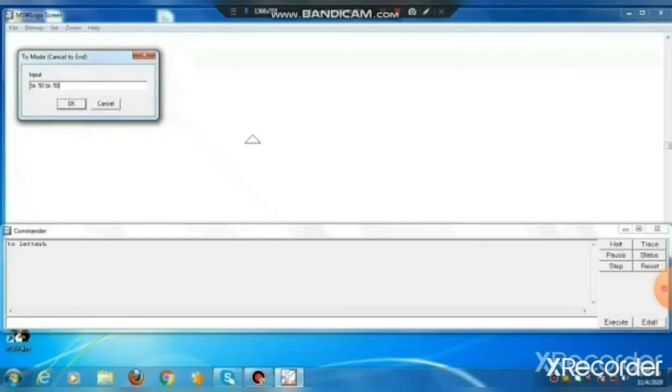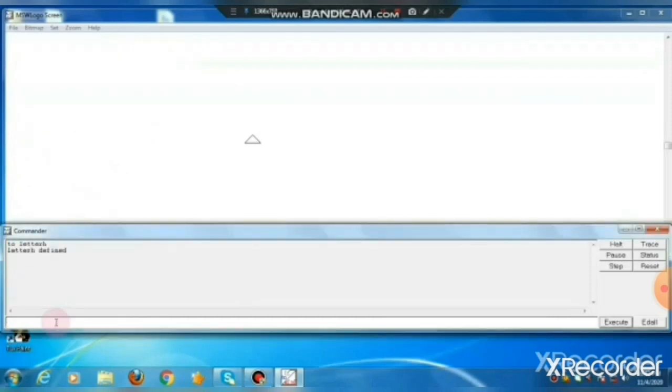After typing all my commands, I use the END command to complete my procedure. Now you see the letter H is defined. If I type the procedure name, letter H, in the input box, you can see the H shape is created in our drawing area.